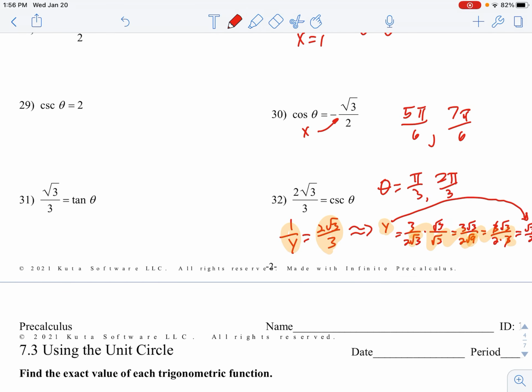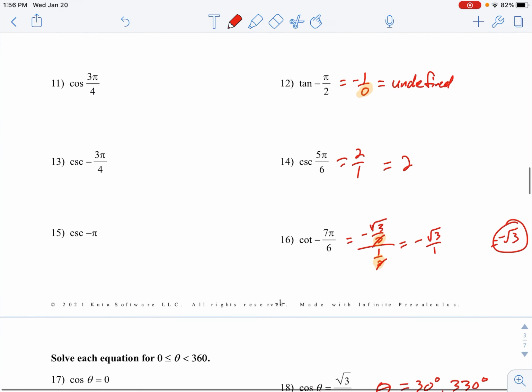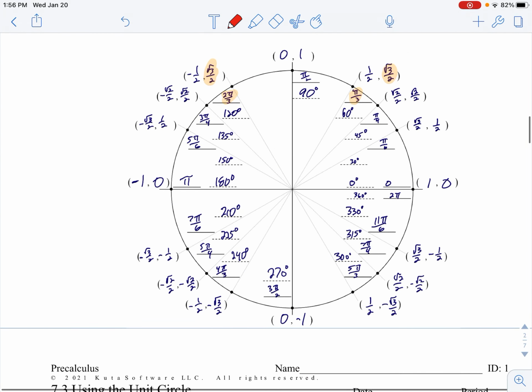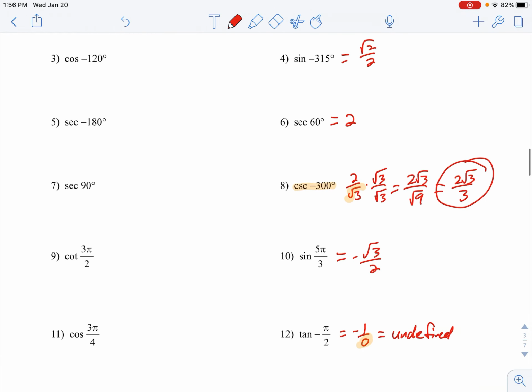So do your best. Have your unit circle handy, just like I did. Scroll up and down or have it next to you on paper or whatever. Contact me if you have questions. Don't forget to check your